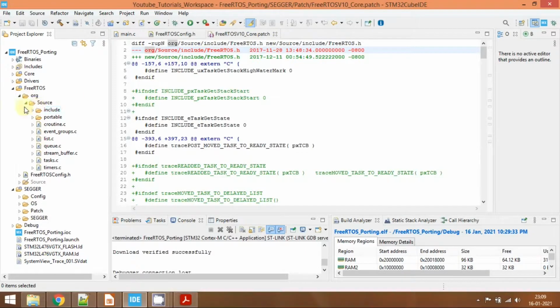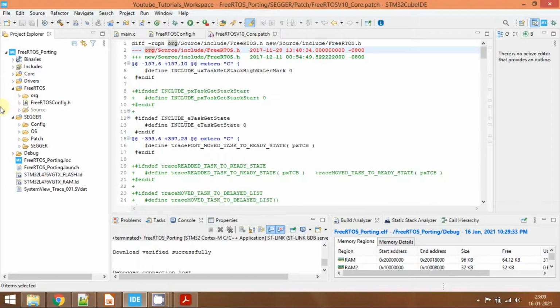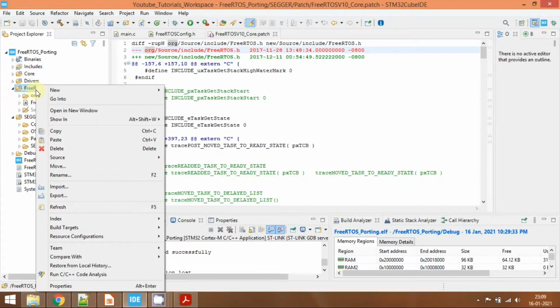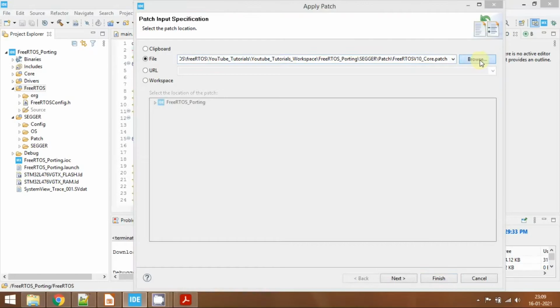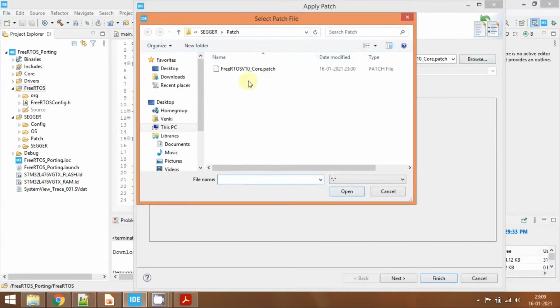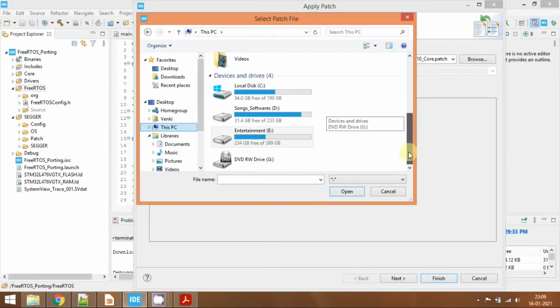Now we need to apply the patch file. To apply the patch file, click on this FreeRTOS folder, right click, go to Team, and apply patch here. Now it will ask for the patch file where it is available. So browse here and go to our working directory.